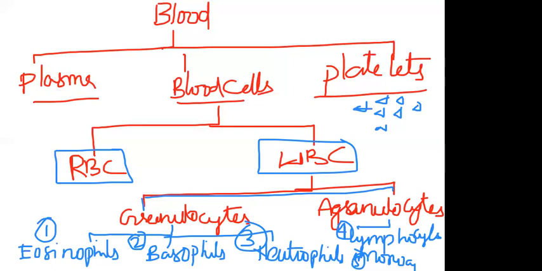Okay, so now the different issues in the blood that we have to discuss. Before we enter into the topic, we'll complete all the definitions first. Then afterwards we'll discuss each and every part like plasma, RBC, WBC, granulocytes, acidophil, basophil, neutrophil, and agranulocytes, which include lymphocytes and monocytes. So before that, allow me to go for some definitions here. In that, the first one,